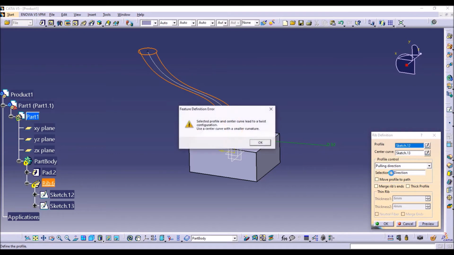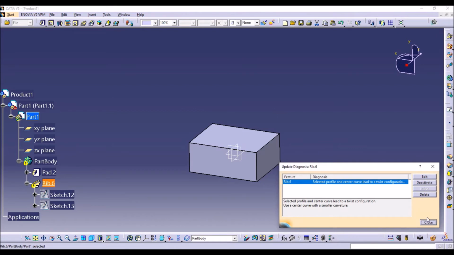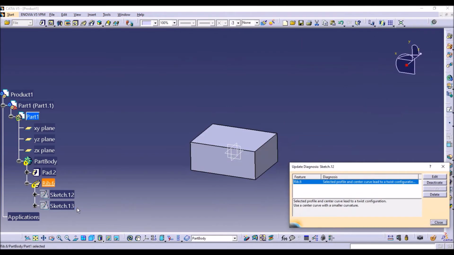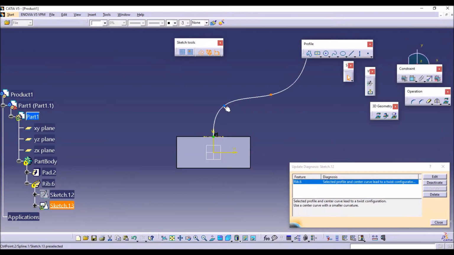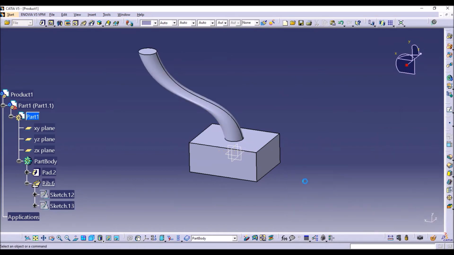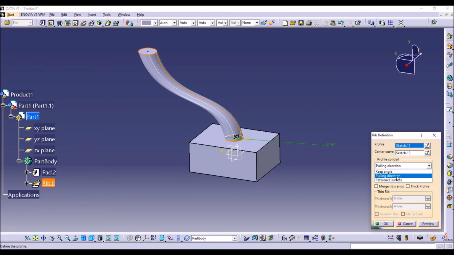If I select the direction as v direction, you will get an object like this. Okay, so click on pulling direction. For selection we are going to take the v selection. So after selecting the v selection, you are going to get the rib like this.